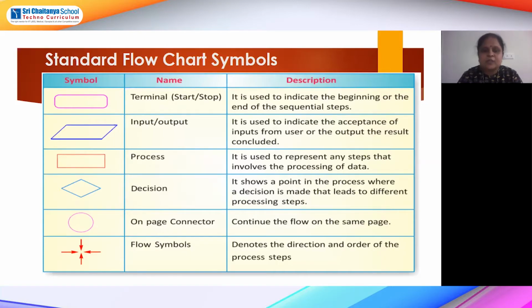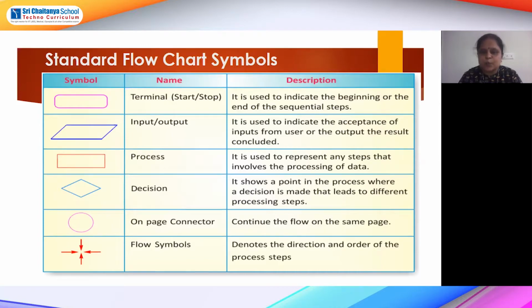Okay, now the next one you can see, parallelogram is what we can call it. This indicates the input and output. Suppose in that step the user is reading something or the user is displaying something, then to read something and to display something, we are going to use the symbol. So it is called input output only. To give the output as well as to take the input, we will use the second symbol.